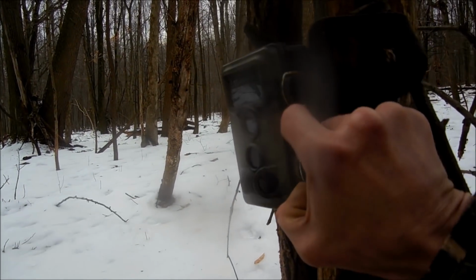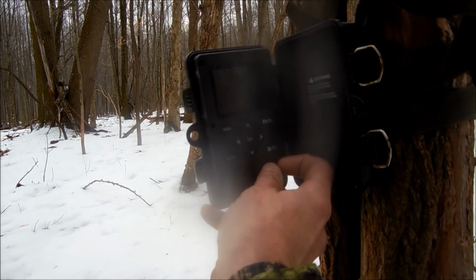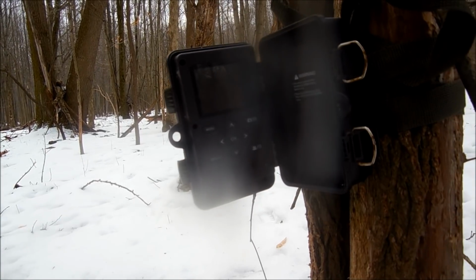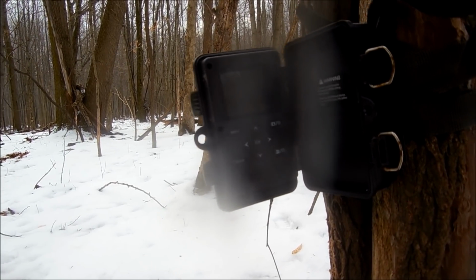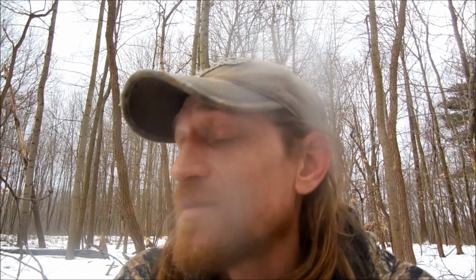Let's see if we got anything new on the old cam. Get my password in here. We'll get this all reset. Alright guys, the good news is that over the past couple of days I went from having no footage on the trail cam at all to having 45 clips on the trail cam. The problem with that is